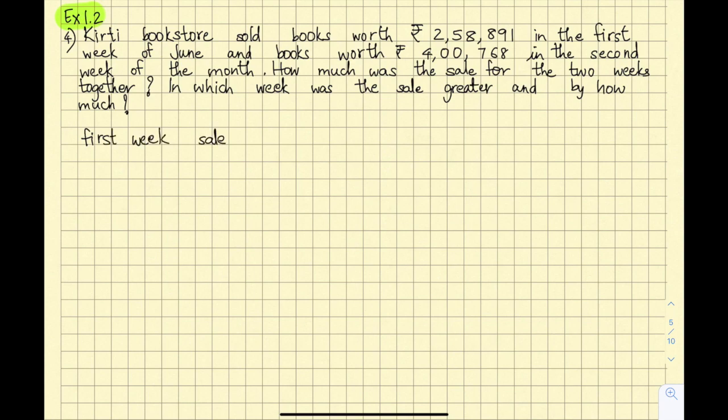So the first week sale was, we leave some space and one digit in one box. Though you don't have boxes, write one below the other properly, placing commas. And next is the second week sale. That is from the ones place I start: 8, 6, 7, 0, 0 and 4. This is a very good way of writing the questions.